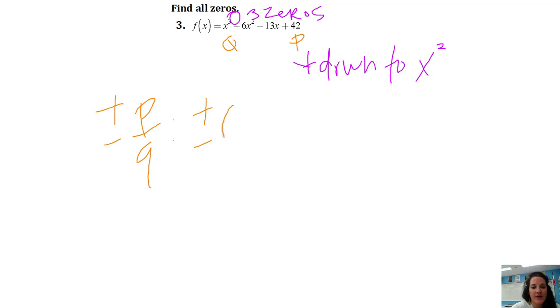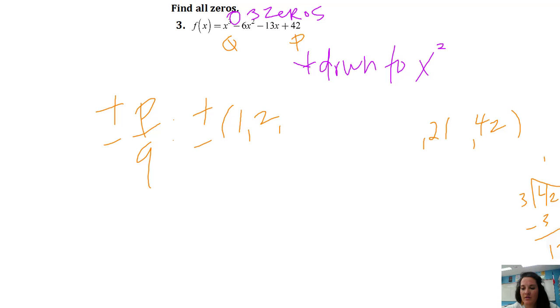Okay, so P is 1 and 42, 2 and 21. Almost got that wrong. Get nervous. 3, 42 divided by 3, yep, 3 and 14. 4, nope. 5, nope. 6, yeah, 6 and 7. Okay, there they are. So now here's the tricky part: we've got to figure out which one